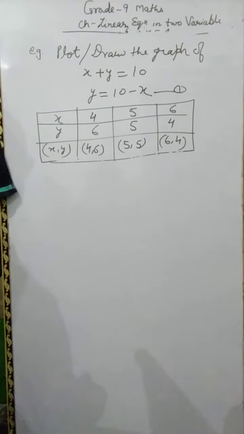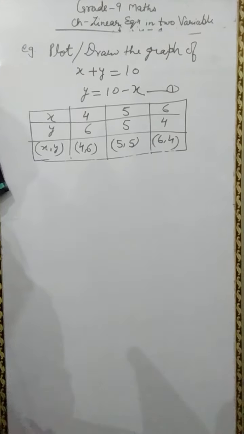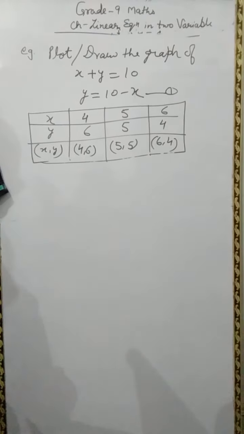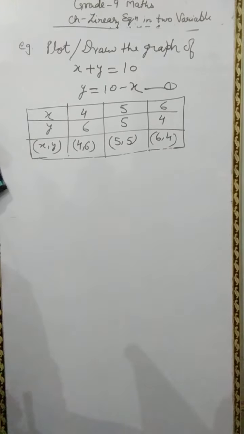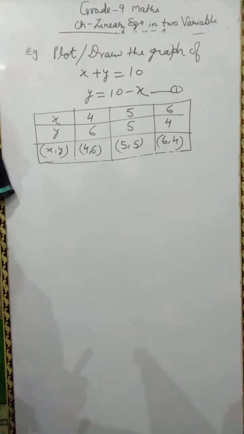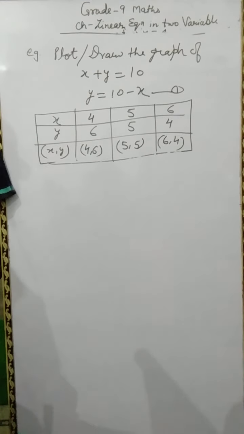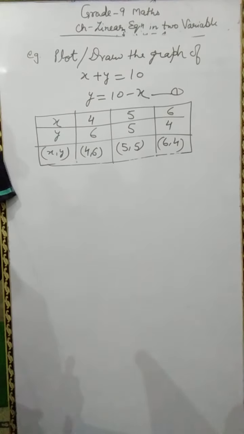Plot these points, take a graph paper and plot these points. These three are the solution points, because to draw a line minimum 3 points are required. If you are not taking 3 points, then your answer will not be taken as the complete answer, because to be a straight line, 3 points are collinear. If 3 points are collinear, they must lie on a straight line. So to draw a line, remember this, take the minimum 3 points. If you are taking 2 points, your answer will not be taken as the right answer. That will be taken as an incomplete answer. The answer will not be incorrect, but it will be incomplete.